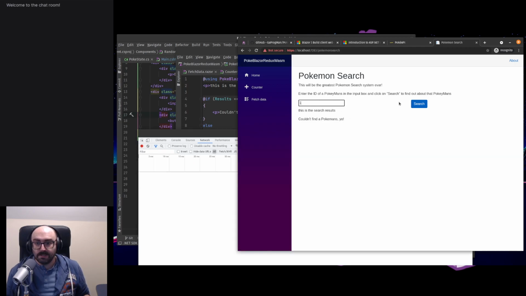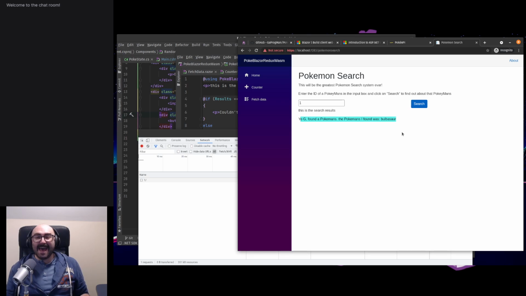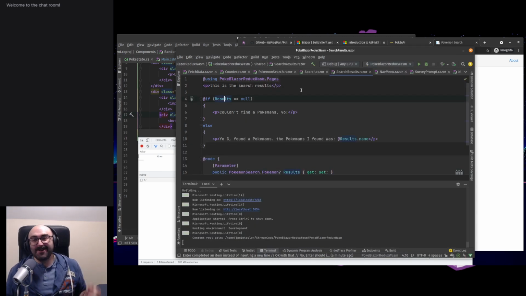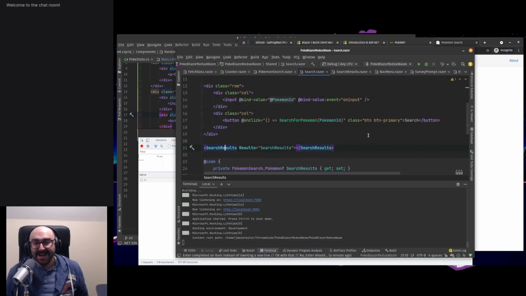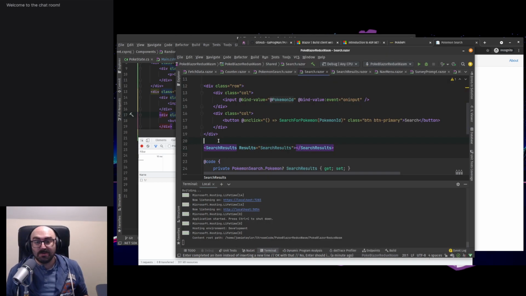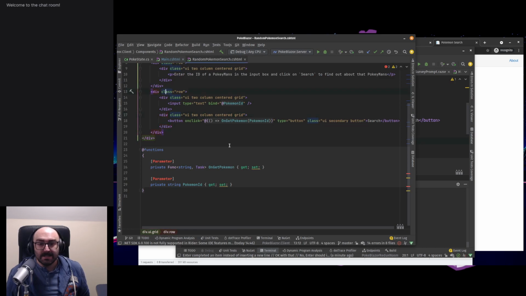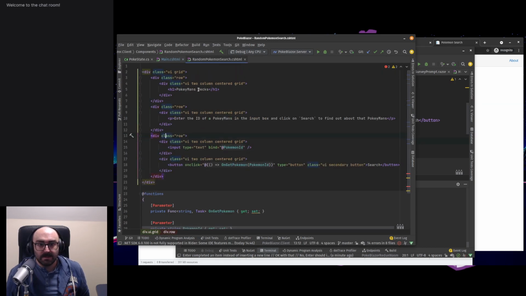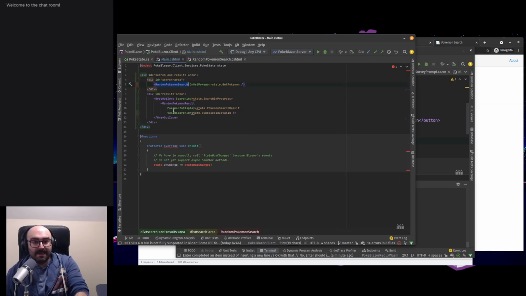Couldn't find a Pokemon. One, go. Hey, Yo G found a Pokemon. It works. It works. Oh, that's amazing. We need to tidy it up, but it does the actual thing. Fantastic. So what we'll do, this is why in this app here, random Pokemon search just does the search,